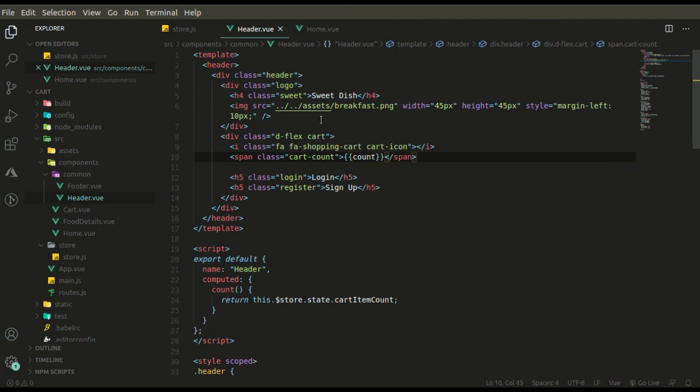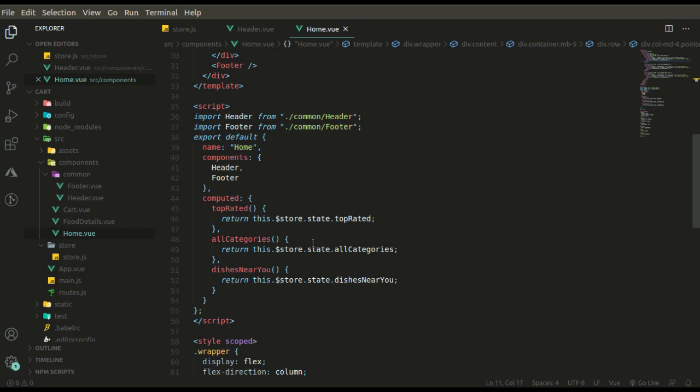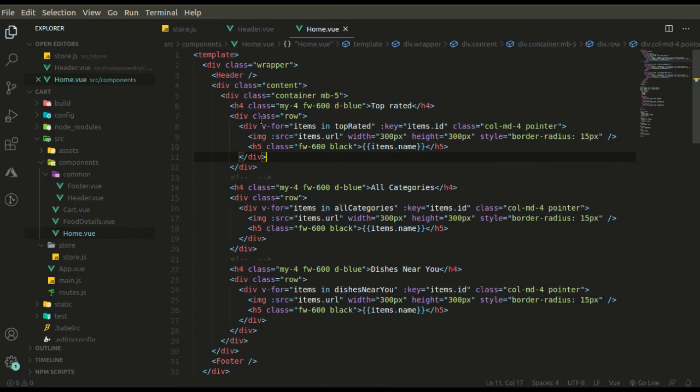As you can see, I have not used getters to get the data over here, because in this scenario we are not performing any operation on the data that is stored in the store. In our case we have only one single line of code. If this would have been around 30 lines of code, and used in multiple components, then I would have used getters to increase the reusability. Right now we can just get our store value like this only.